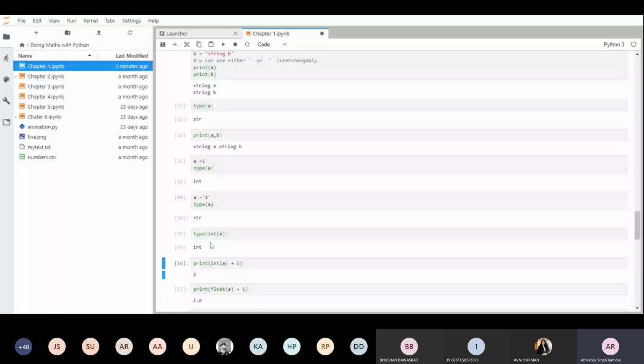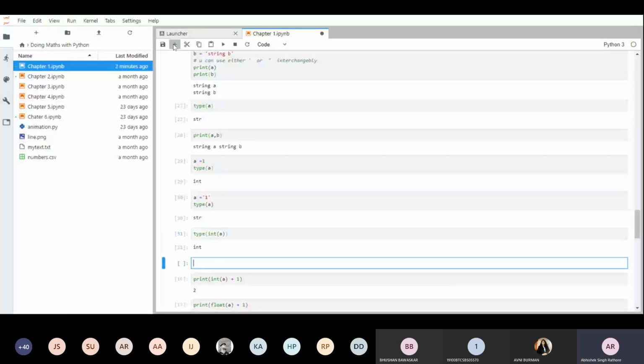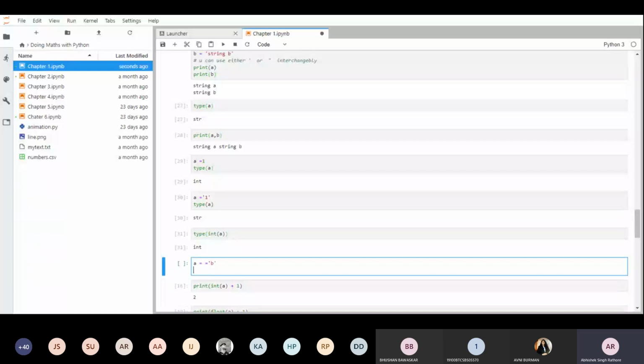Now let's say again a equals b, then convert it with the type of integer of a. What will be the result?